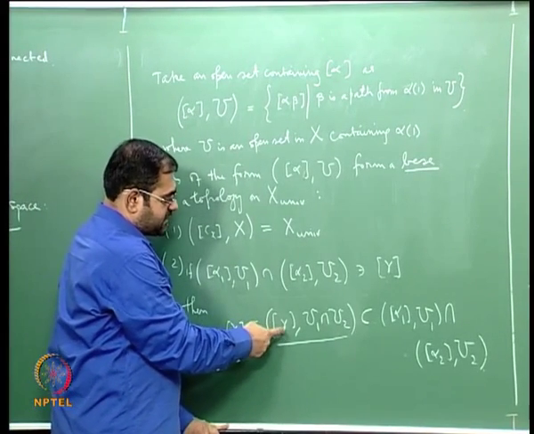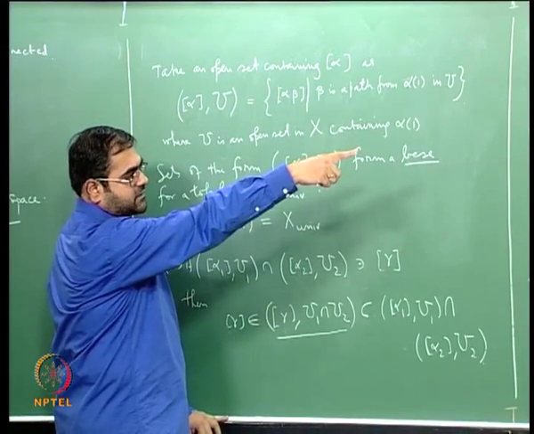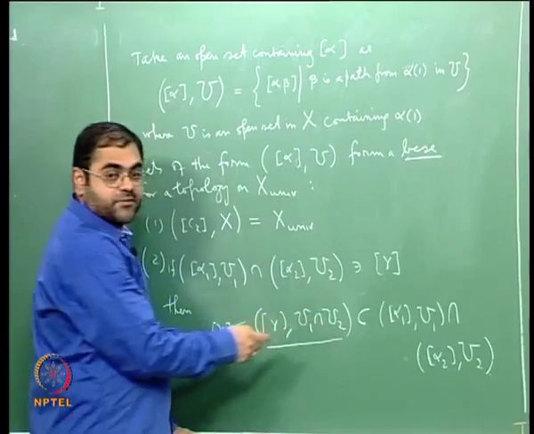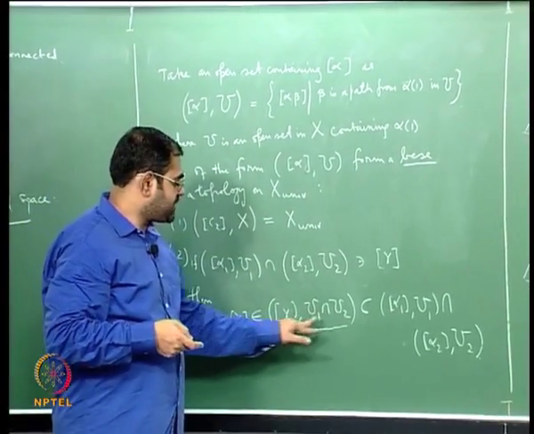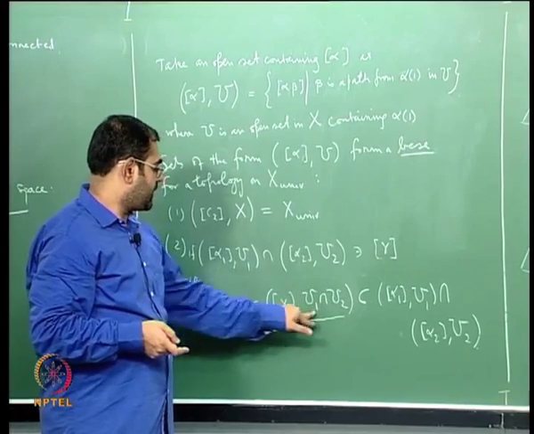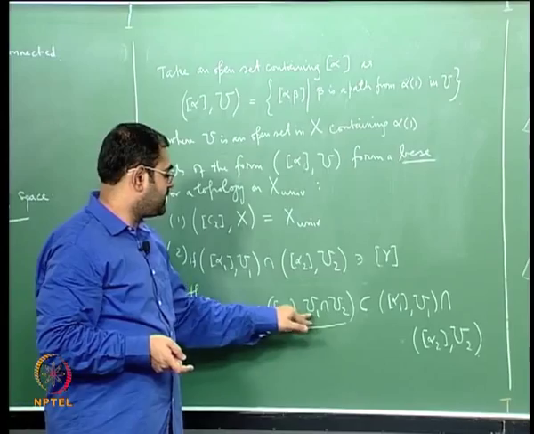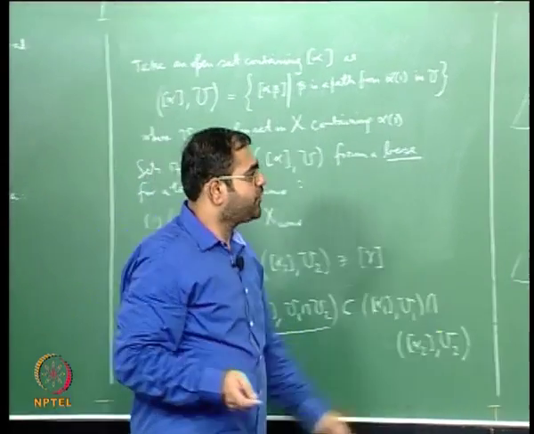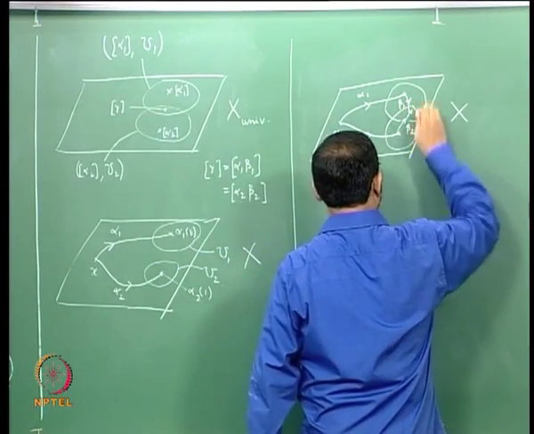So this is a path which starts at x and ends at that point, which is the endpoint of beta 1 and beta 2, which is lying in u1 intersection u2, and u1 intersection u2 is a non-empty open neighborhood of that point. So you get a set of this form, okay, and it's clear that this set is certainly contained in this as well as that, okay. So this thing that's shaded here,